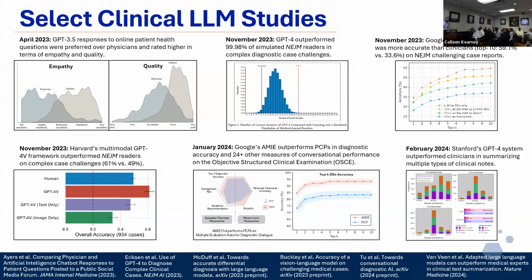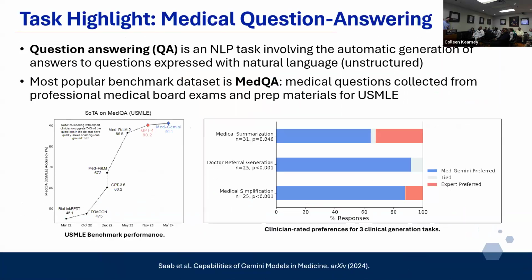Another issue of machine learning, but it makes you wonder, with all of these studies, honestly, about the superior results. For example, medical question answering is a canonical task for LLMs in the medical knowledge sphere. It uses a USMLE data set of medical board exam questions, and that's been the benchmark that everyone has been trying to outperform, to beat the previous state of the art. Most recently, we got MedGemini, which is from Google. That was last year. Prior to that, it was OpenAI's GPT-4. But this data set is available online. Anyone can see it.